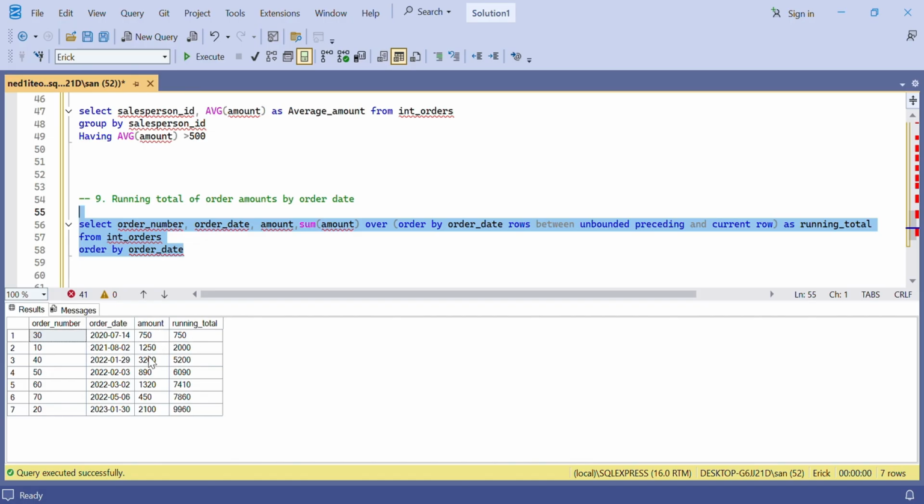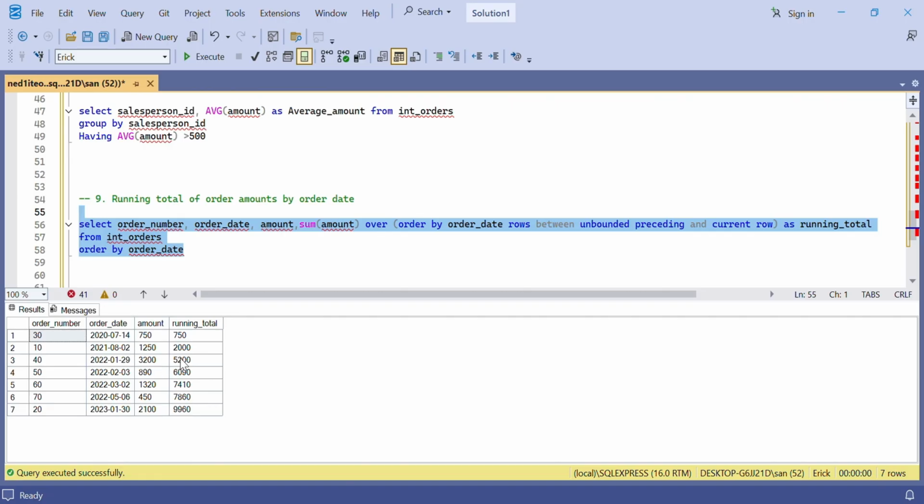So 750, if you add it with 1250, it will give you this, and then you have this one. In 2021 it increases by, so if you add 2000 with the 2022 amount, that will give you the 5200,